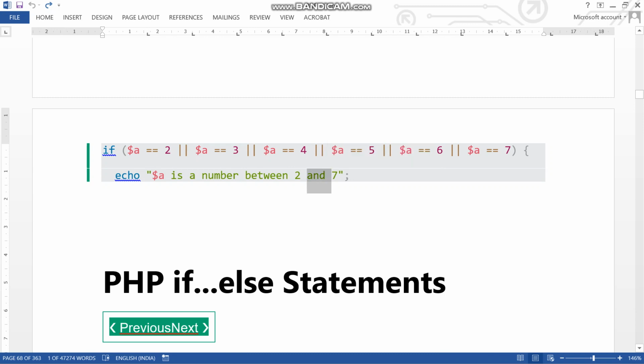Because conditions are like this: if a is 2, or if a is 3, or if a is 4, or so on. These all are the programming conditional operators.